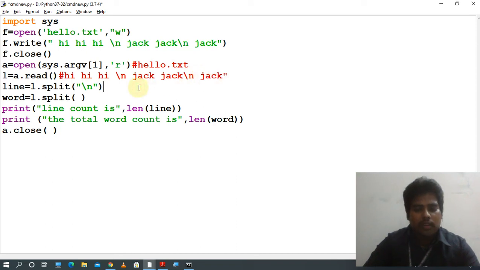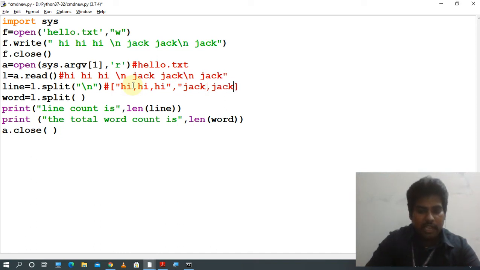It will be stored in the form of a list of strings: hi, hi, hi is one string, this is one line, then jack, jack, jack, then another string, jack. This is the way it will be stored.